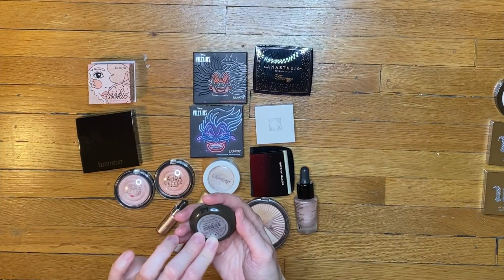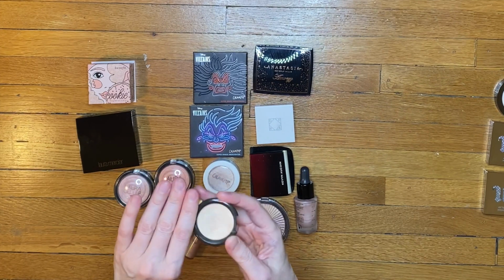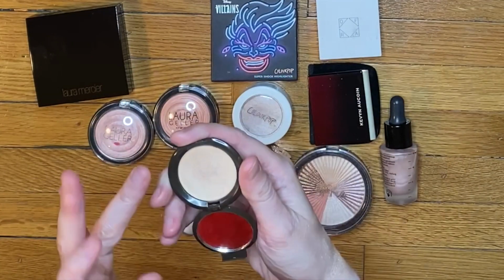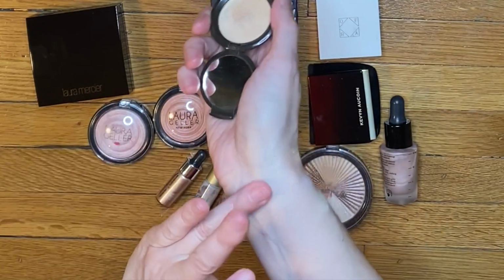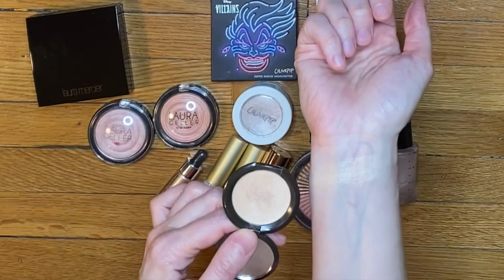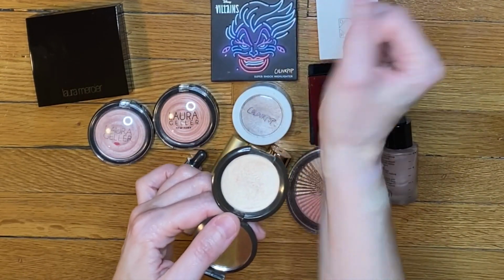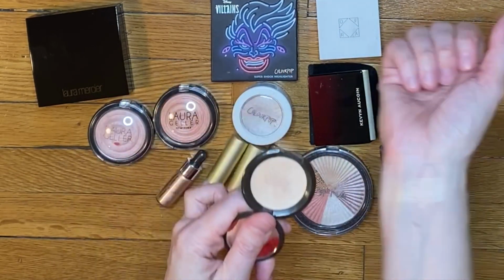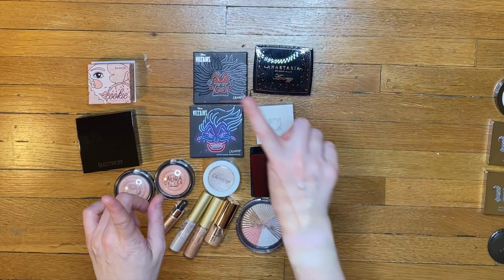This is Moonstone by Becca. This is one that I've had for a while, one that I've used a lot. You can probably tell it's quite loved and beat up and used and abused. It even has a little bit of hard pan almost, but it is still very buttery, really beautiful. And again, I feel like this is so similar to these two that I just don't need all of them. So I should have pulled this one into my Fall Shop My Stash to compare against these three, and I didn't think to do that. So at some point, I really need to